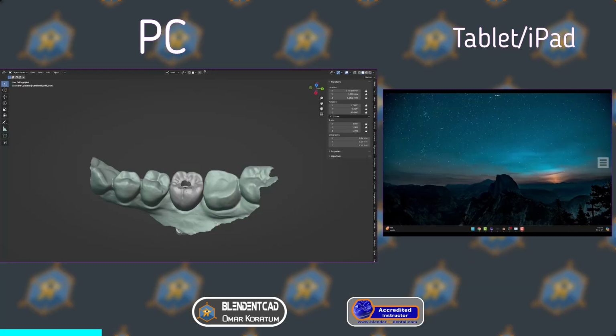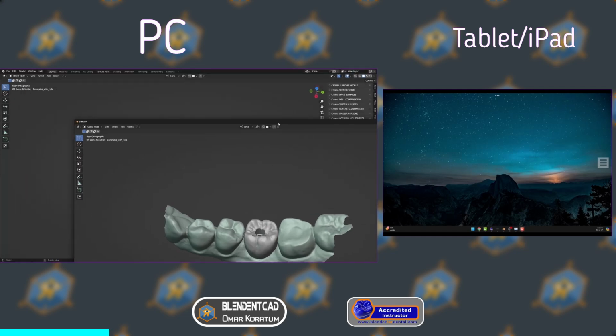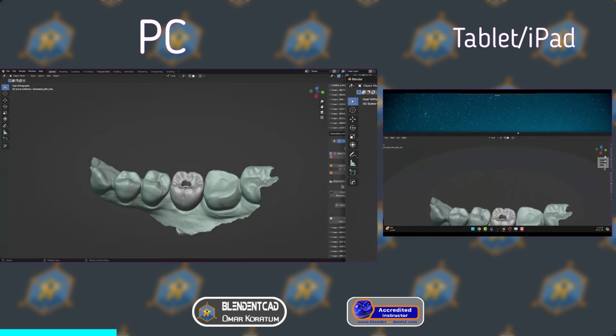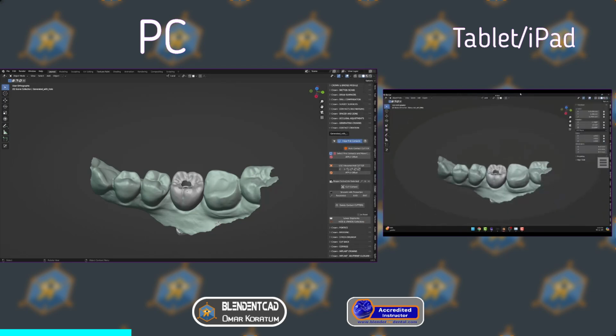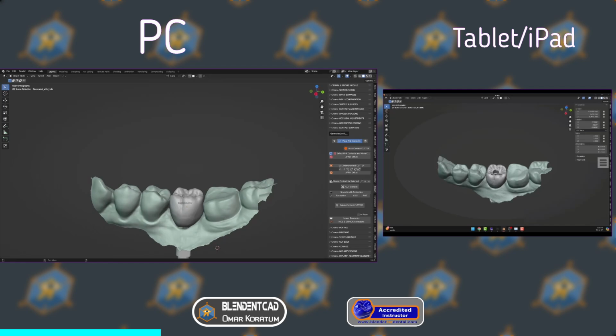Now I'm going to grab the other separate window to the other screen and then move it to the top to get the whole full screen. And now we will have two separate 3D viewports, as you can see here. So we can move this one, and the other will stay the same, and we can even enable the color by pressing on the attribute, as the scan is in PLY format.